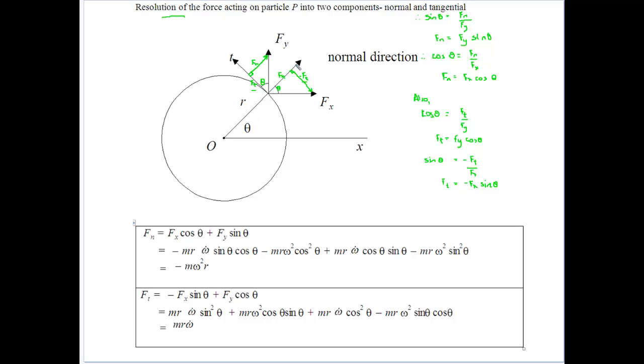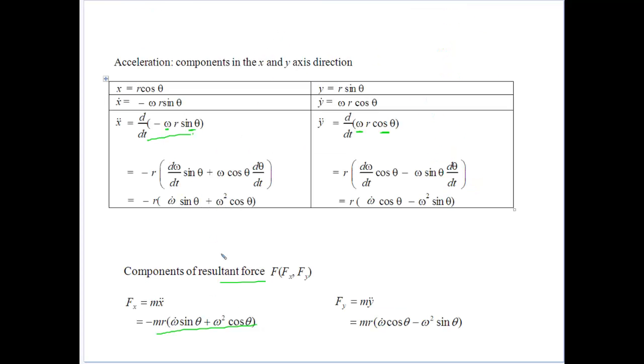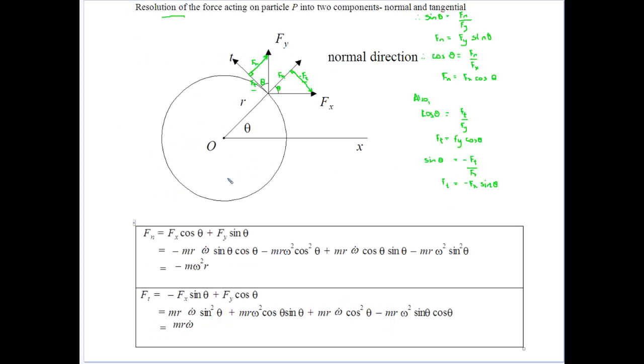Remember, the forces acting here would be the sum of the forces acting this way and this way. So that's where we're starting to get the idea of our forces for the normal being combined there, and they're going to be proportional in terms of whatever theta is there. So we are able to multiply those out, using the Fx that we had in the previous slide, the forces on x and the forces on y. We get this expression, and then the nice thing happening is that these two cancel,